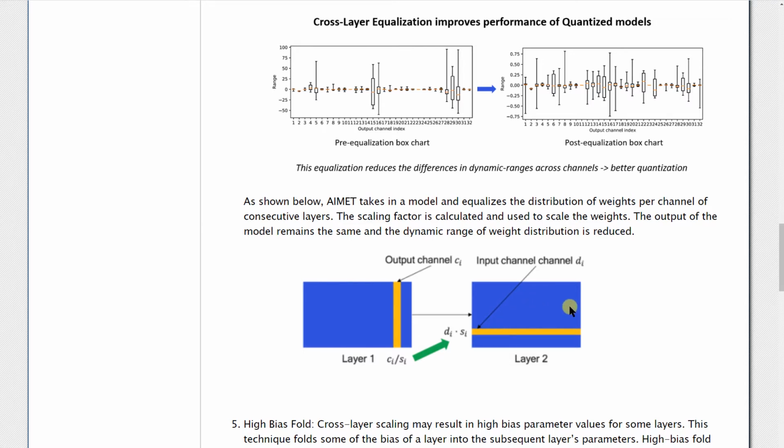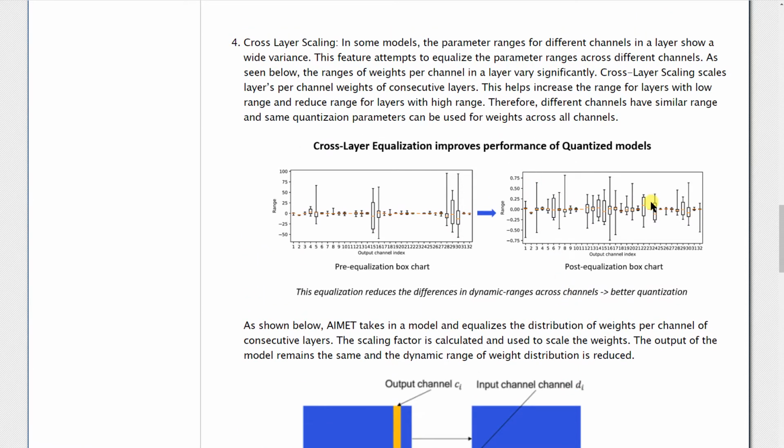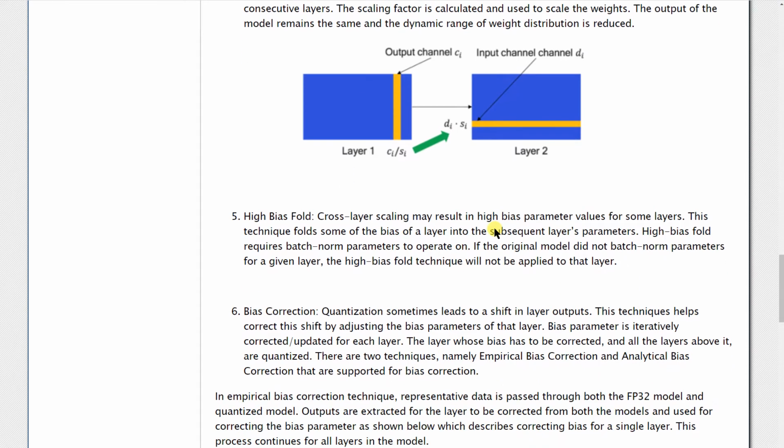So the result of all of this is that you would get something like this. If you notice on the y-axis, the range has been reduced dramatically. It's gone from -50 to 100 down to -0.75 to 0.75. So now across all the channels you have very good resolution, and this is going to do pretty well on quantized accuracy. When we do this operation of cross-layer scaling, not only are we scaling the channels in the weights, but we are also